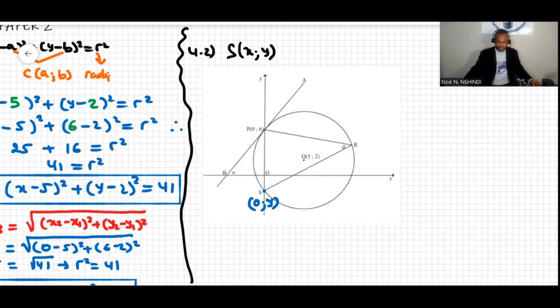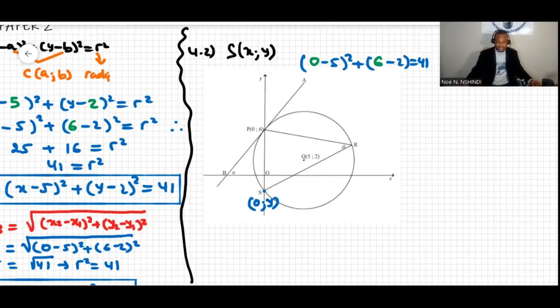So we're going to substitute these coordinates in the equation of the circle, because it is a point on the circle. So this will be (x − 5)² + (y − 2)² = 41. Now let's sub in x equal to 0, and then y equal to 6, and then this is